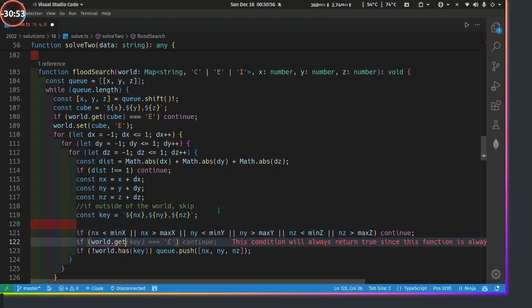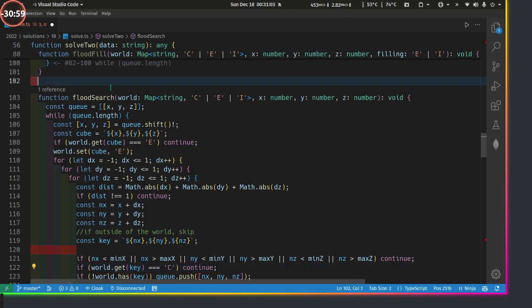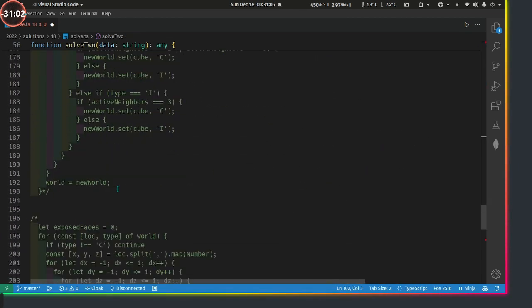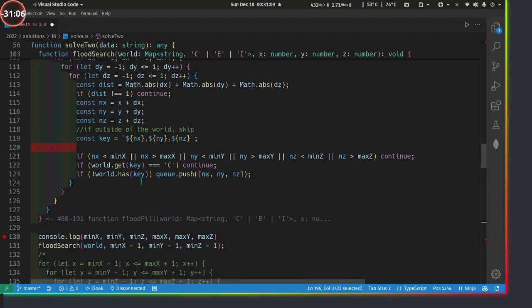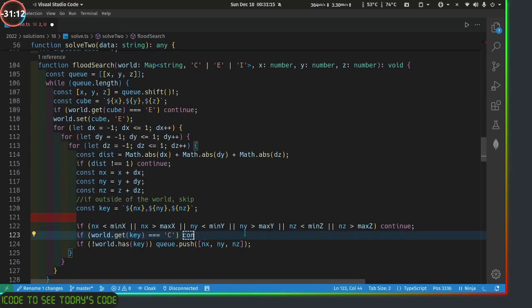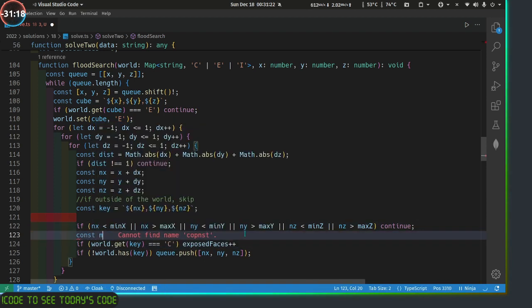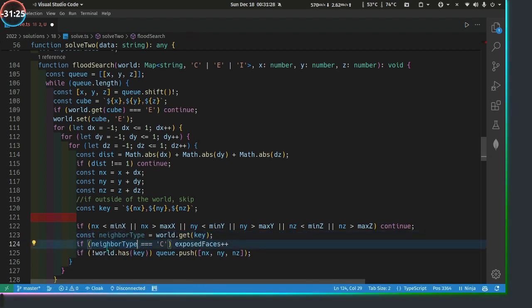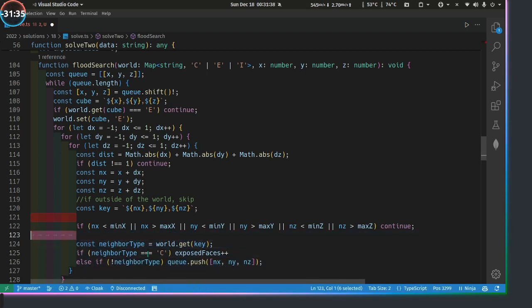Dot get key equals cube, then external faces increments. Where's that variable? Where's that variable? There's exposed faces. Boom, exposed faces. Exposed faces, and we'll go ahead and say const neighbor type equals world.get. Thank you. So it can be like, boom, if you're cube, then you're exposed face. Otherwise, if you're not even real, if you're nully, then you're on the queue, which, well, now that I say it,